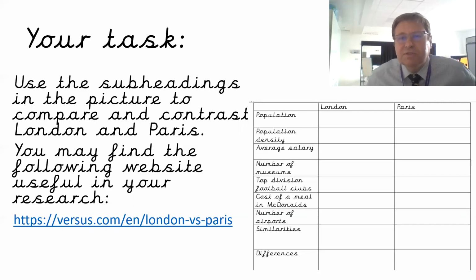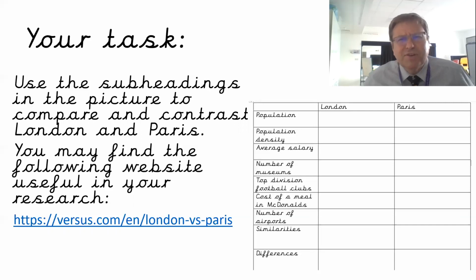The number of museums, so cultural items like the number of museums. Here's an interesting one for a lot of you: the number of top division football clubs. Compare that from London to Paris. We've all heard of PSG, Paris Saint-Germain. What about London? I'm sure we can name some of the famous football clubs in London.